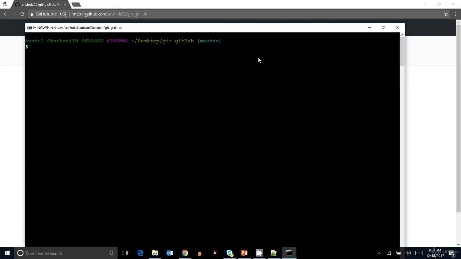Okay, it means in that way every team can create their own branch, or every member of the team can create their own branch. They can commit their local changes to their own branch. Okay, what does it mean? It means